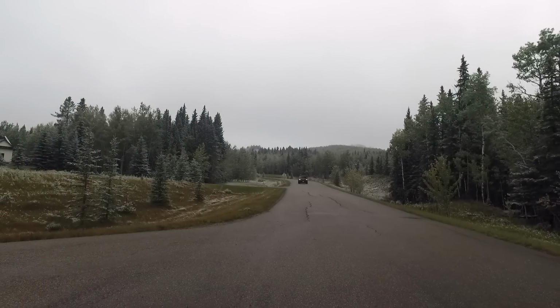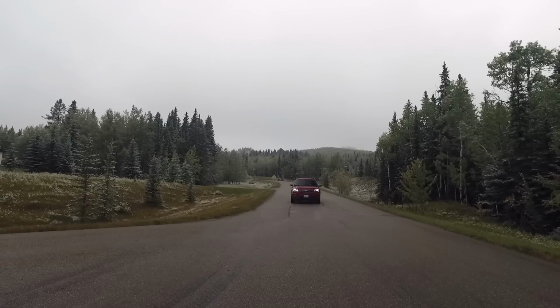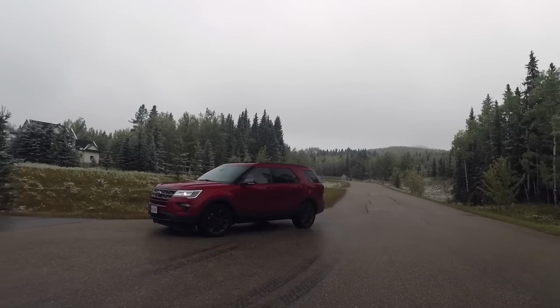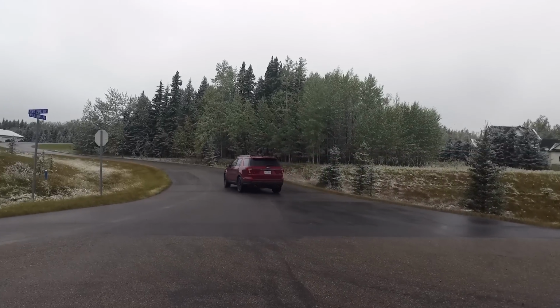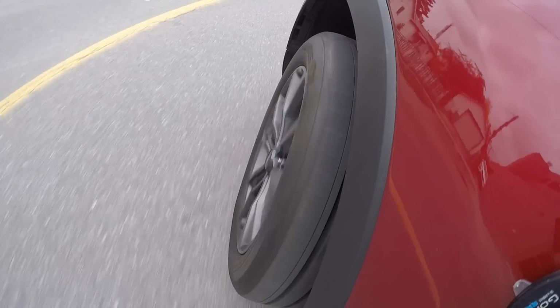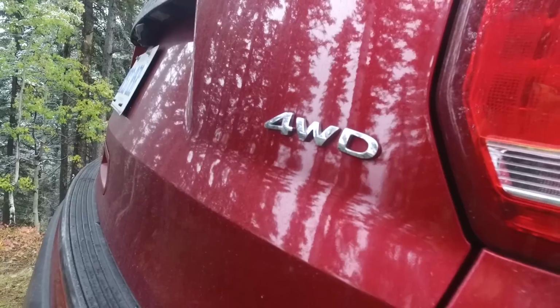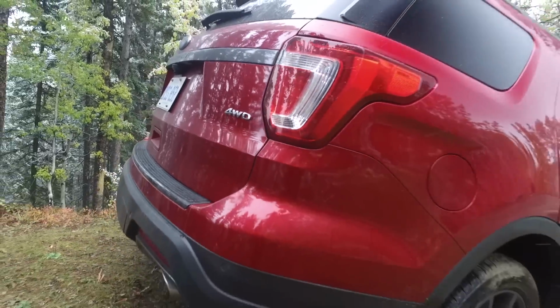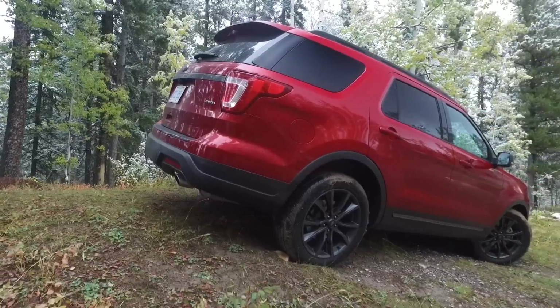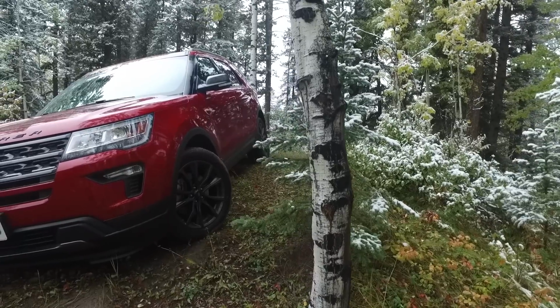It is a confidence-inspiring, smooth rig to drive though, with a respectable 66 decibels of cabin noise at 100 kilometers an hour and a well-tuned, comfortable ride for just cruising along, if not a little bit spongy when you start to make any quick changes of direction in the corners. But that bit of body roll and extra ground clearance does mean that the Explorer holds its own on the back roads. It's certainly more capable than many other more sort of city-minded crossovers that are coming out these days,